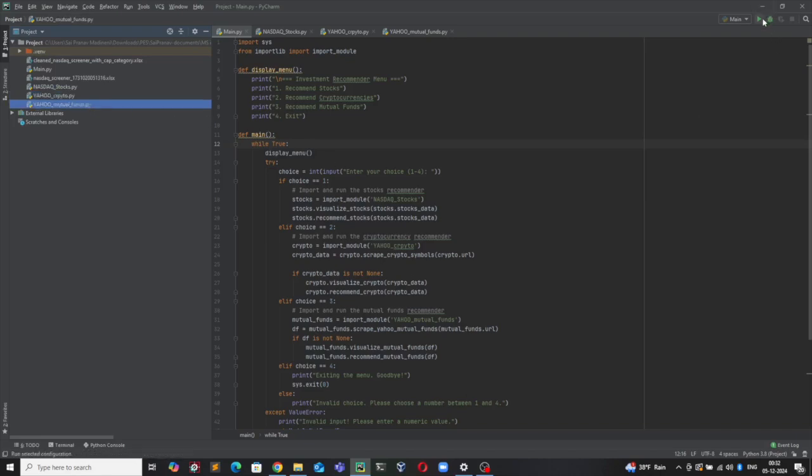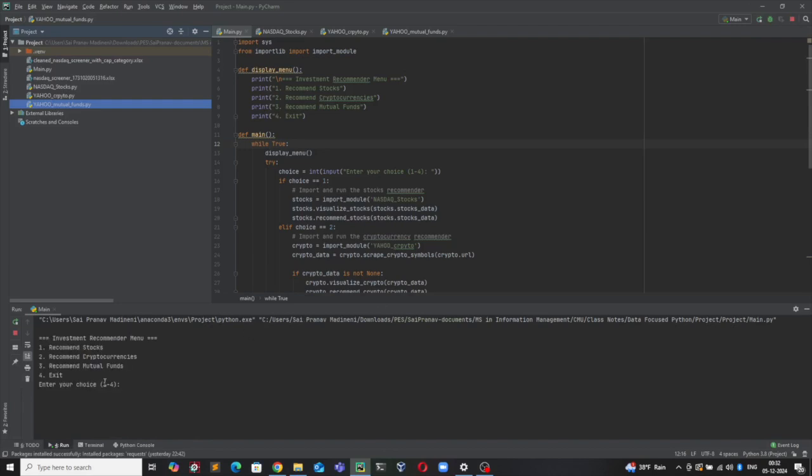So let me start off by running the main file. We'll be presented with a simple menu asking to choose between stocks, cryptocurrencies, or mutual funds. Let me start off by choosing one so that we would be recommended stocks based on the input we give. Since the choice is one, it would run the Nasdaq underscore stocks dot py file and